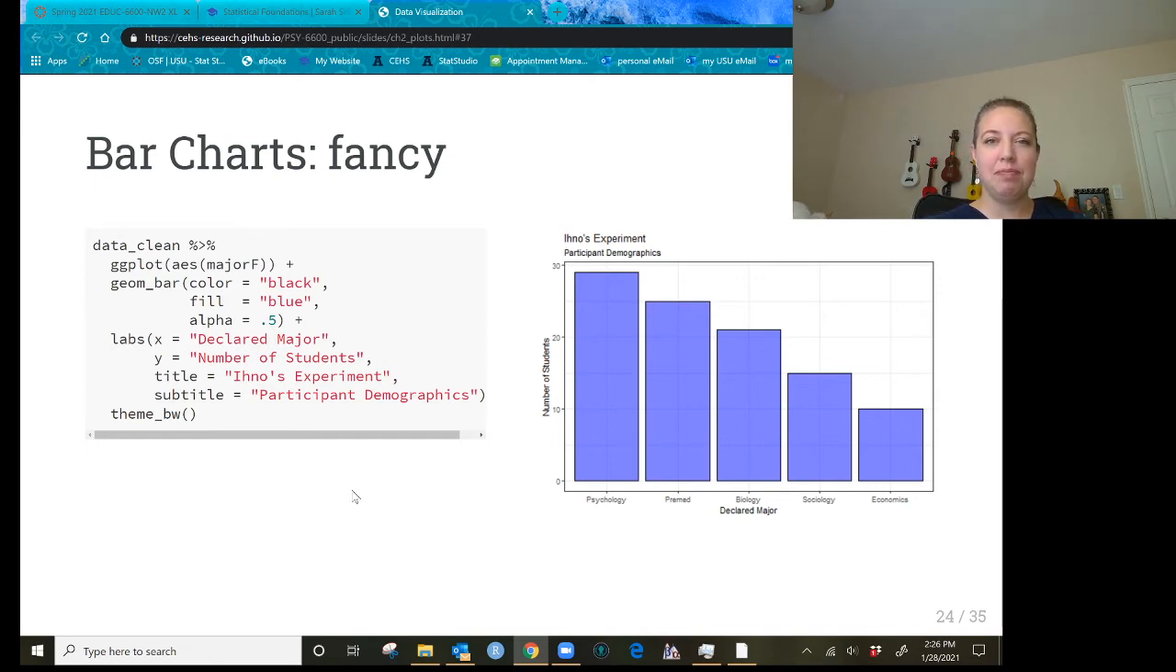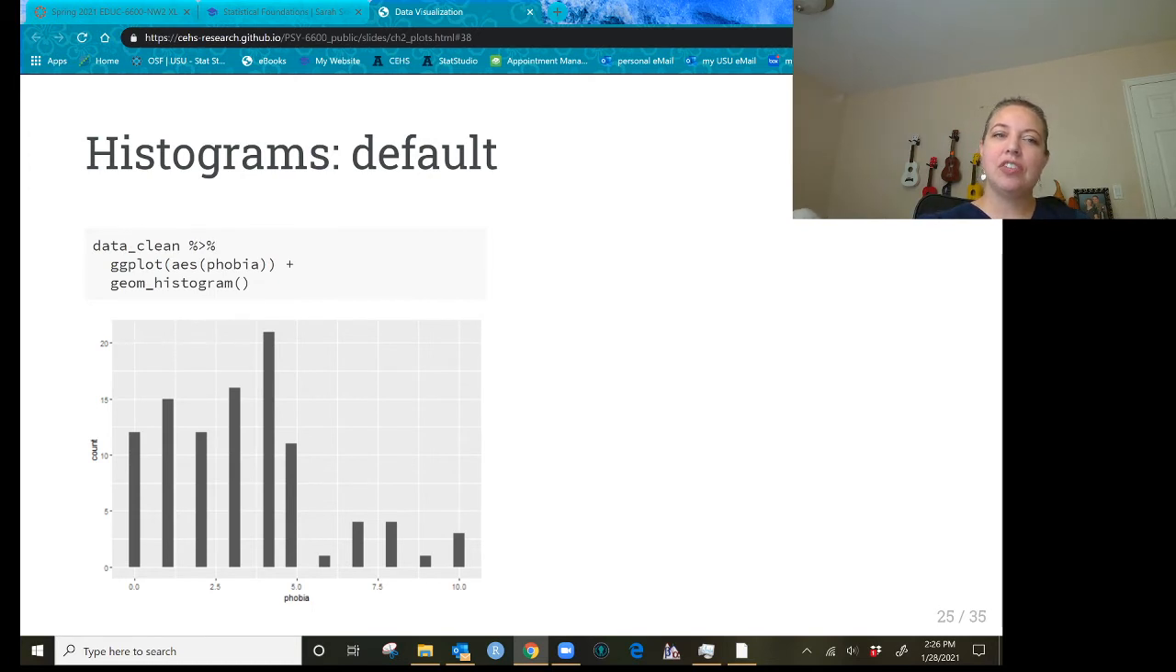Okay, so we've done bar charts. Let's go to a histogram. Here's how we make a histogram. We always start with the data set, that object, and we pipe it into the function ggplot. We want to plot this data set. Specifically, the aesthetic we want is phobia. And I can add histogram